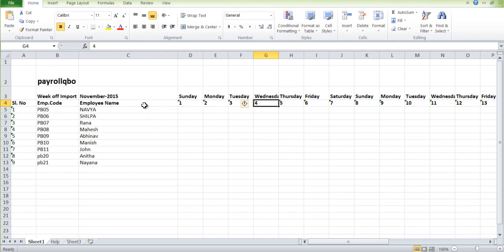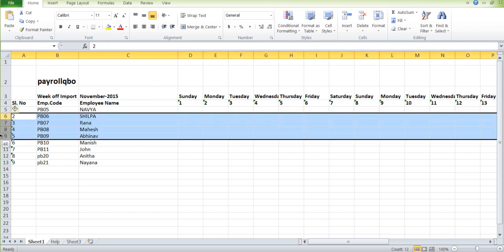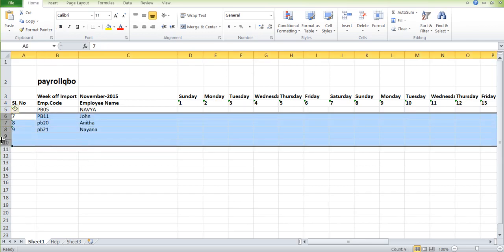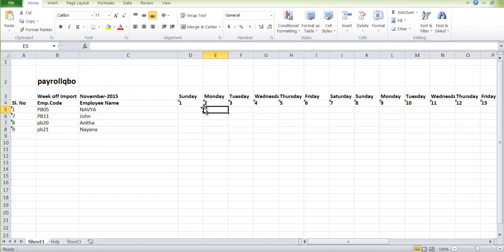Here, whichever employees you want to define weekly off, those employees you can keep in the Excel sheet. Okay, you can define the weekly off employee wise.